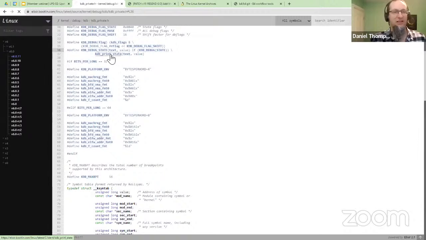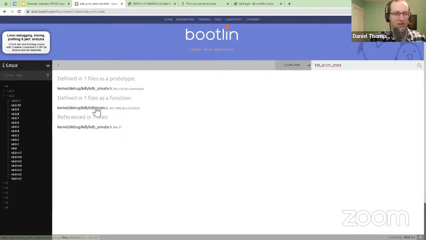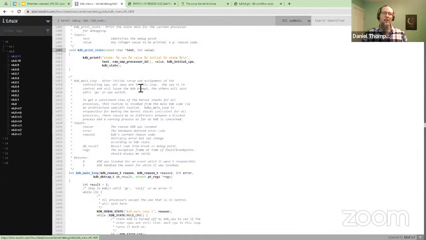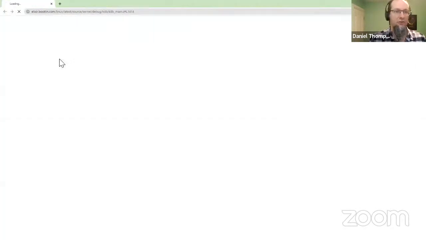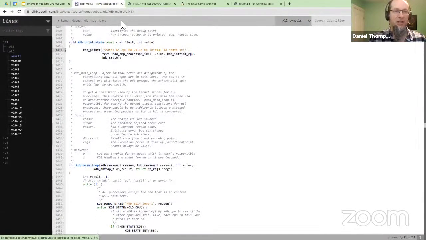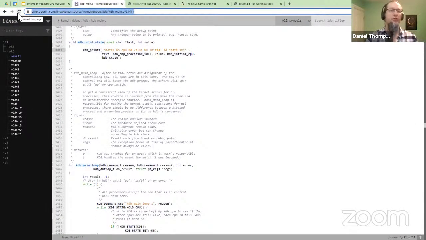I can click on identifiers. I can jump to the appropriate identifiers, find out how they're implemented, and generally jump around the sources and eventually select line numbers within the sources and share that to somebody who needs to be pointed to a particular bit of information.